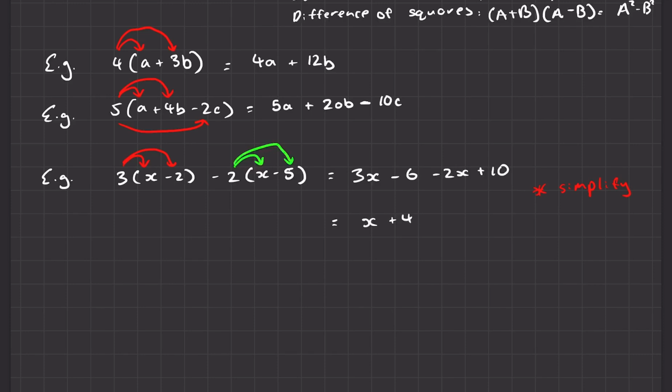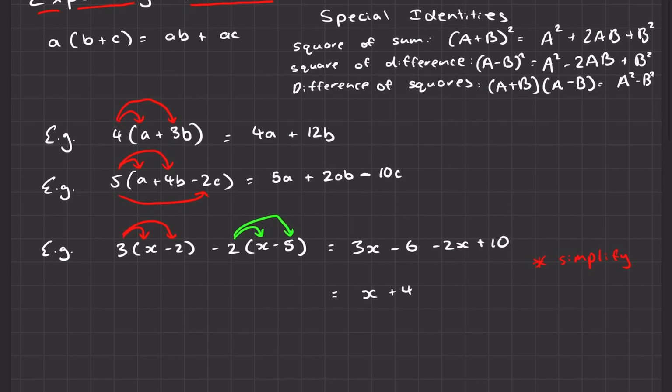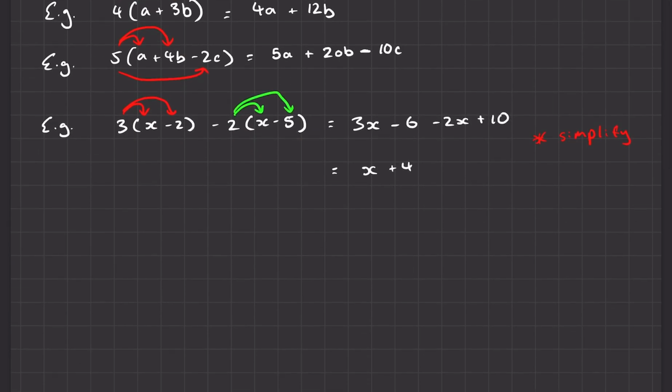Now, let's move on to questions with the special identities, as we mentioned earlier above here. For example, let's try this: (a plus 4) squared. Now, there are two ways you can do this. The first way would be to memorize the special identity and immediately sub in values according to that formula, or